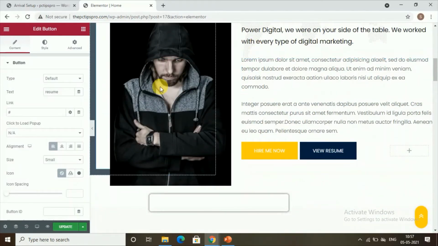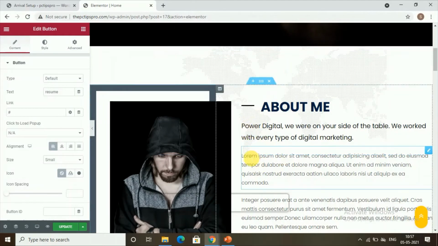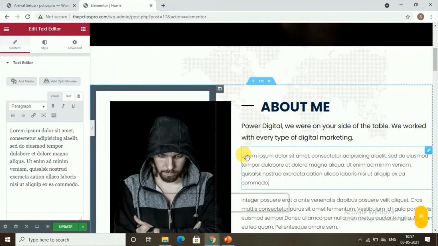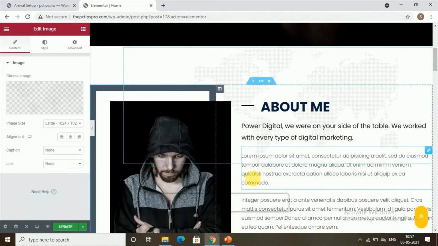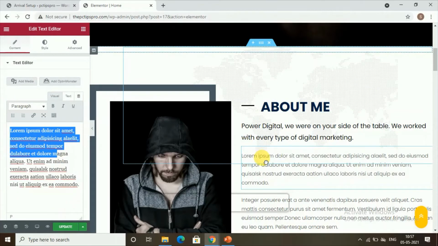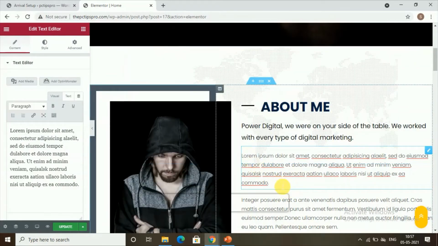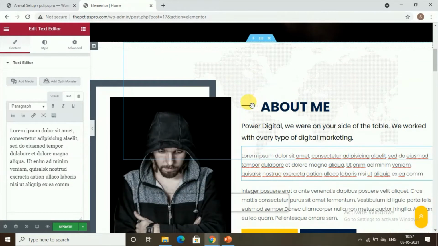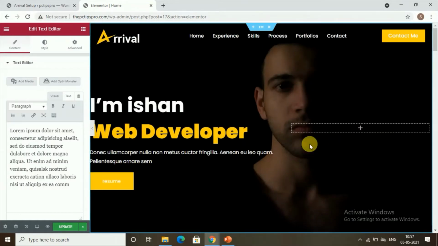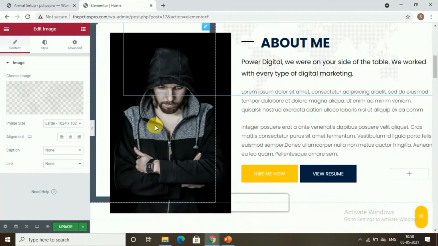So then here in About Me, you can change this content completely. You can select here and change the content, or you can change it directly from here. And then if you want to change the picture, like you can see this background picture over here, if you want to change this background picture,